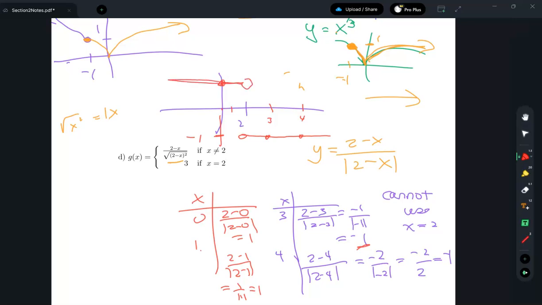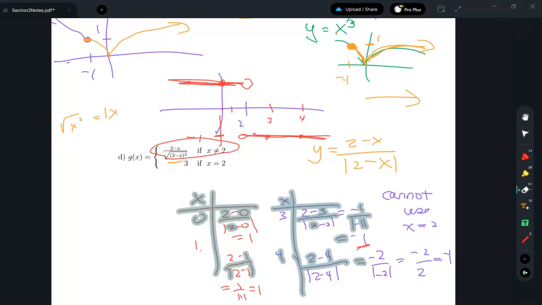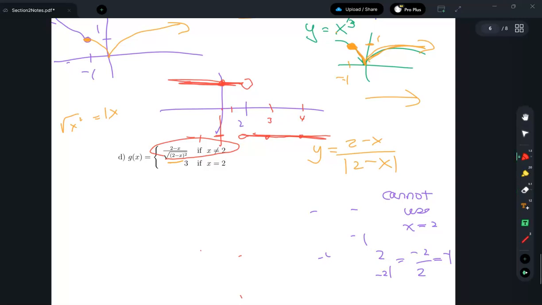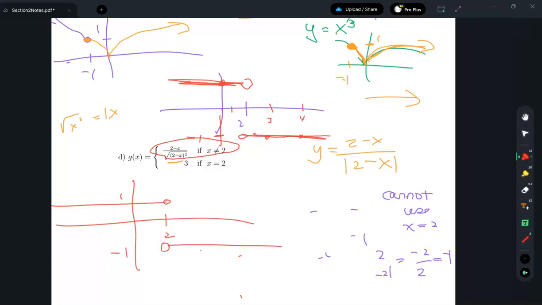So it has an open circle at 2, right? So it's that graph, only it's moved around a little bit. Okay, so what part of that graph do I want? Oh, I want all of it except x equals 2. Well, that's like everything, right? So let me make room down here so I can make it neater. So I want this graph to have up here at 1, down here at negative 1. Then, what does this part say here? When x equals 2, put in the y value of 3. Oh, look at that. We'll put 3 up here, and we'll have a flying dot. And that is a function because it does